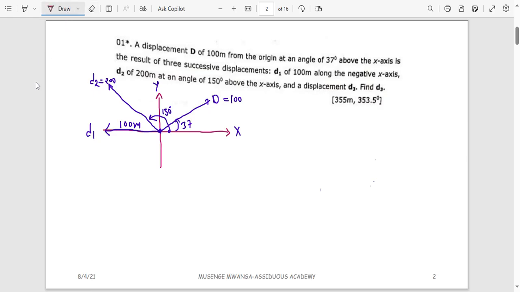So we need to find the magnitude of this vector and the direction. Actually, since this is a tutorial sheet, they've also given us answers there, so you just want to confirm these answers. Okay. So the way you are going to answer to find this vector D3 is, for every vector you should deal with,